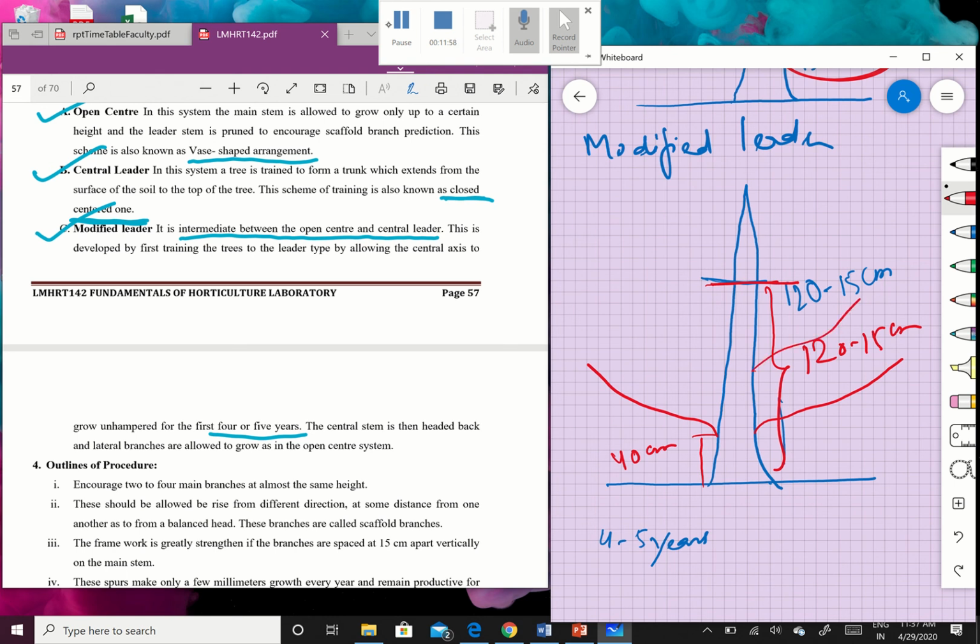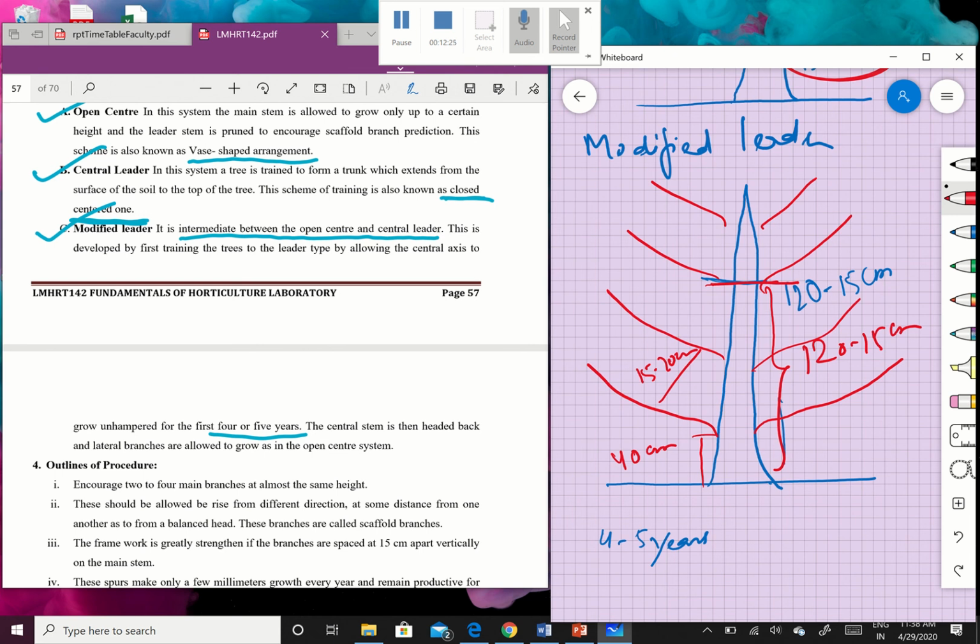Then the subsequent branches will grow likewise. So we are going to keep the same 15 to 20 centimeter. Sparsely we are going to grow it. The plant trained through this system attains a moderate height. So here we are going to mitigate the negative aspect of the central leader system by maintaining a moderate